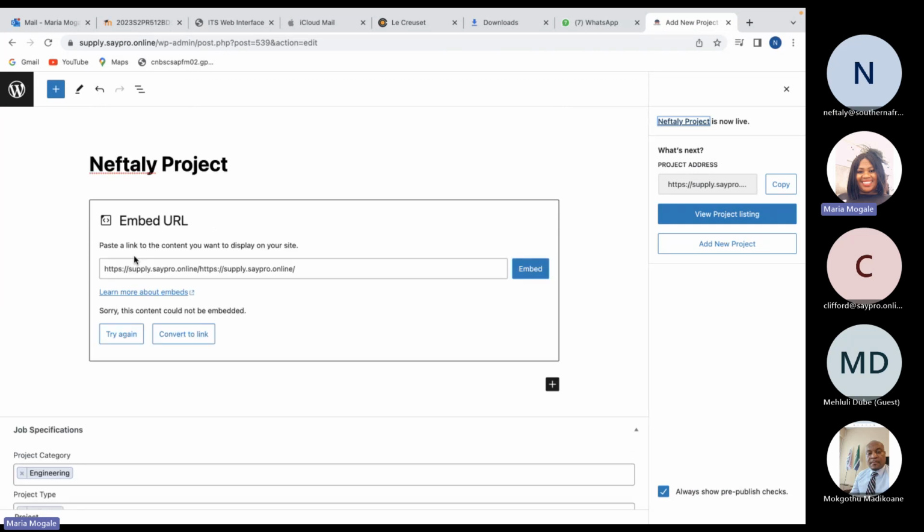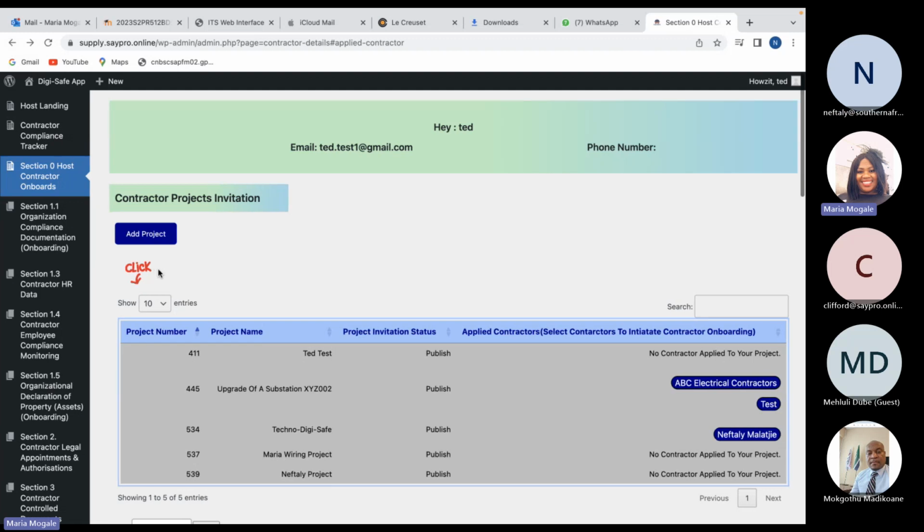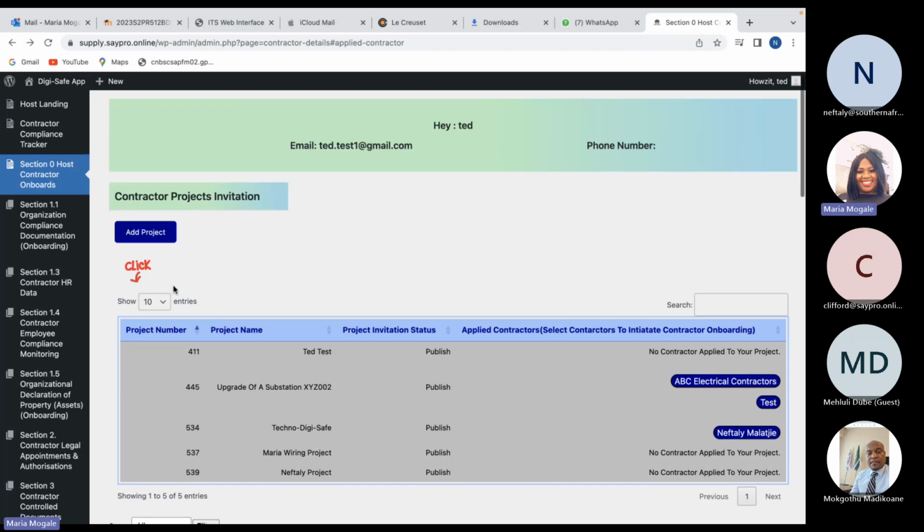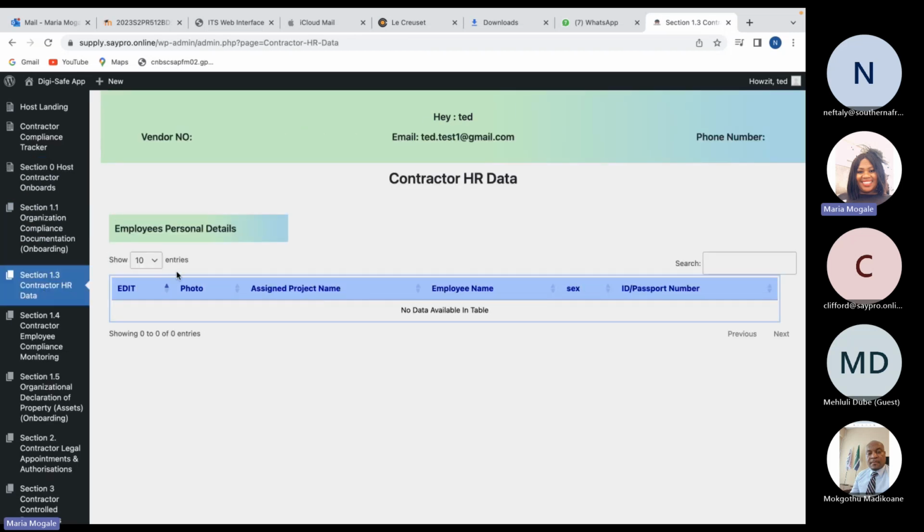Then as a host as well, if I'm not on this page, because remember this is the onboarding page, I should also have some sort of a task list that will house all those sections or information that's been sent back to me. So let's assume that it will be here. Then I come here, I click on it, let's say I click on section 3, received from Mohoto Pty Ltd. When I click on it, that form that the contractor was populating will be presented to me on the screen.